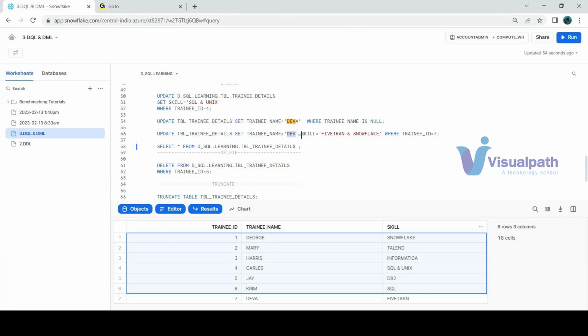So a comma separates each column's value update, and next is skill. Earlier it was only Fivetran, now I am updating it with Fivetran and Snowflake, only for trainee ID equal to 7. So in this way you can update multiple columns just with the separator of comma. Now if I run this statement,